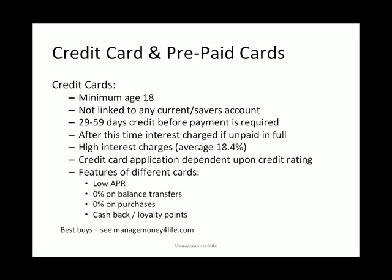Credit card application is dependent upon your credit rating, and we'll have a look at this in a later slide. The features of different cards are quite plentiful. Some offer 0% annual percentage rate of interest. An annual percentage rate allows you to compare one card with another. The card which is offering the lowest APR will be the cheapest for you in terms of borrowing money, if